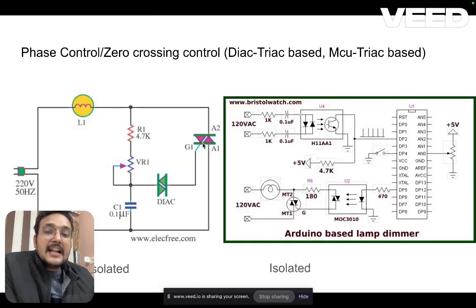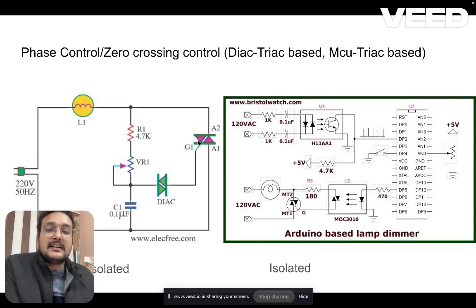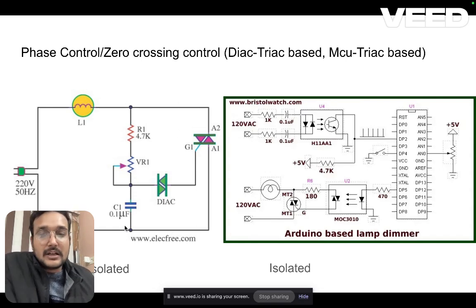And what is happening in the negative half cycle? In the negative half cycle, the same is happening. It charges with the reverse polarity. The other set of diac will conduct, and the other set of triac will conduct, and that's how the delay in the second half is